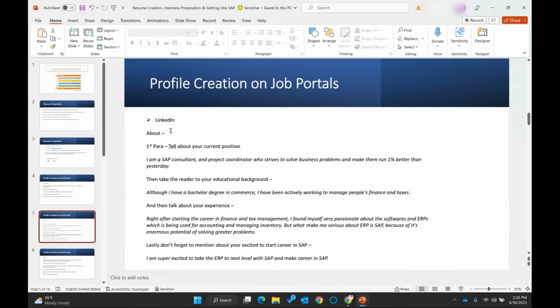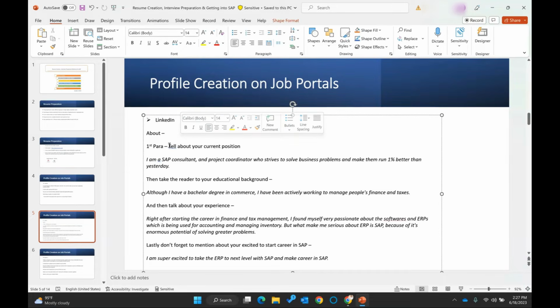Then the next thing, once we update our headline and profile picture in LinkedIn, is that there is a place where you can write about yourself in a brief paragraph, which is called the About section in your profile itself. Whoever visits your profile and scrolls down will see the About section. In the About section, you have to make sure you enter all the details about yourself,